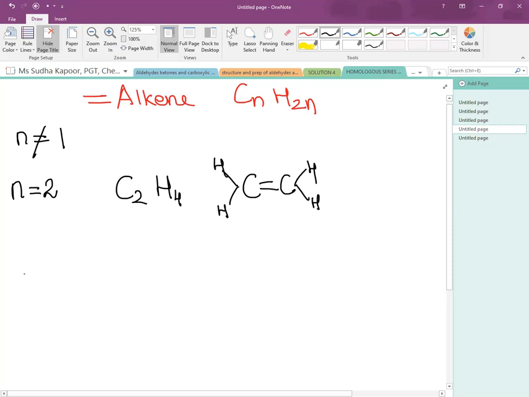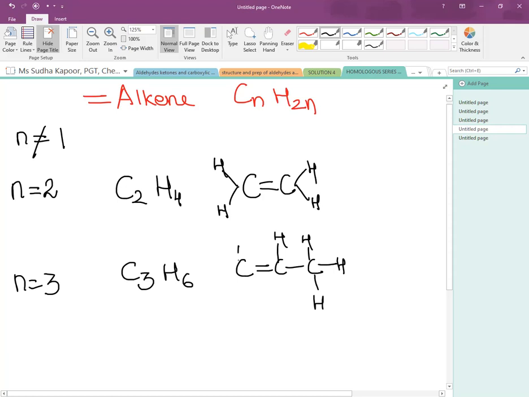Tetravalency is maintained. Now if n is equal to 3, then the formula becomes C3H6, and we will represent one double bond between any of these carbons, but only one double bond. Then we will complete the valences with hydrogen, and we will count whether the formula is satisfied or not. So 3 carbons and 6 hydrogens. If n is equal to 4, then it becomes